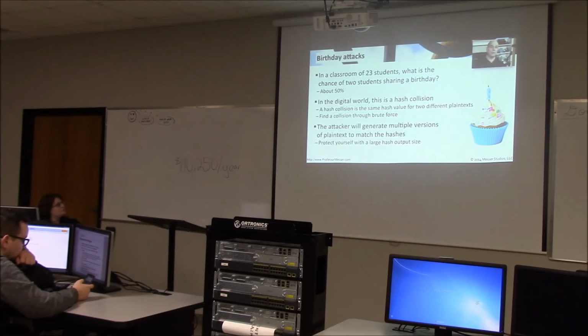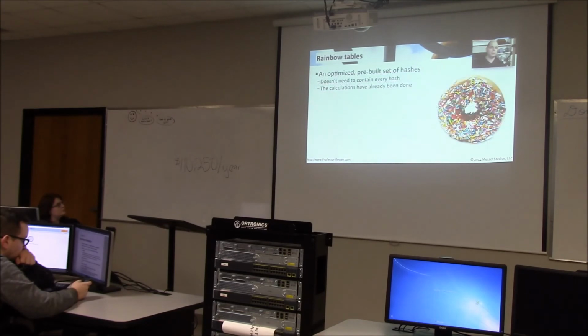One thing that can help prevent these hash collisions is to use very large hashes. The larger the hash, the more difficult it will be to find a collision, and the safer that plain text is going to be. We talked earlier about brute force attacks with hashes, where the bad guy would try to guess what your password was. They would calculate a hash and then compare that hash to what was stored. Well, what if all of the hashes, though, were already pre-calculated? And all of those hashes were not only pre-calculated, but also optimized to be able to store and find them very quickly. This type of database is called a rainbow table, and it's used quite often to try to reverse